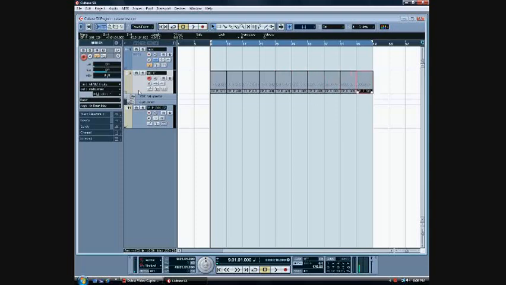Okay, so we got our drum beat, and when we press play, space bar will play, by the way, and stop. And so that works. Now let's highlight the bass track, the track that we named bass, and